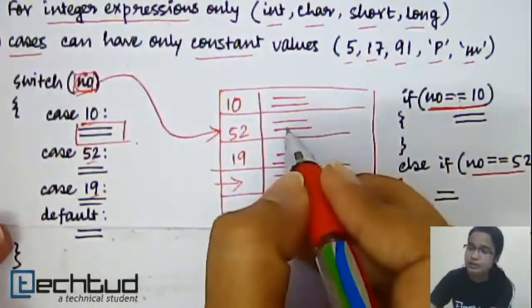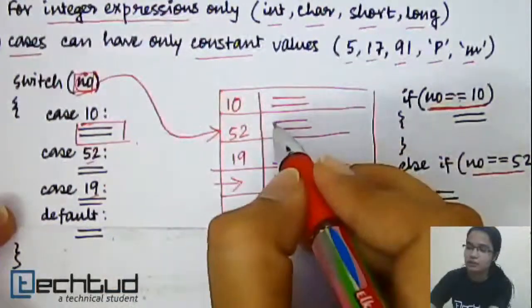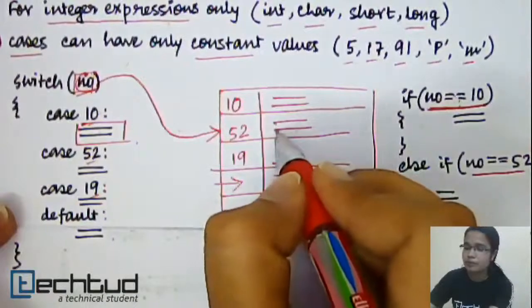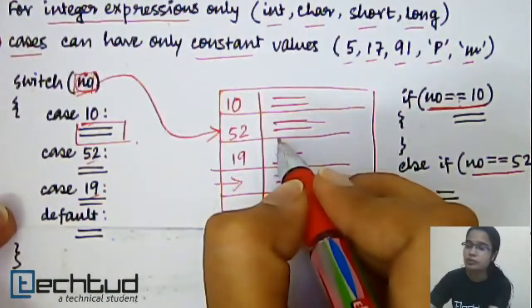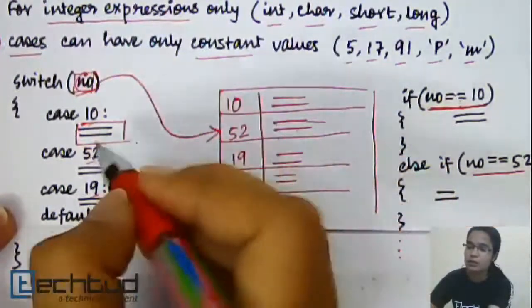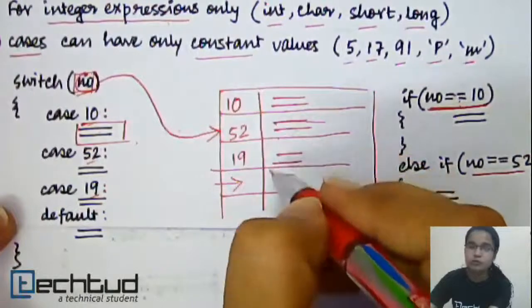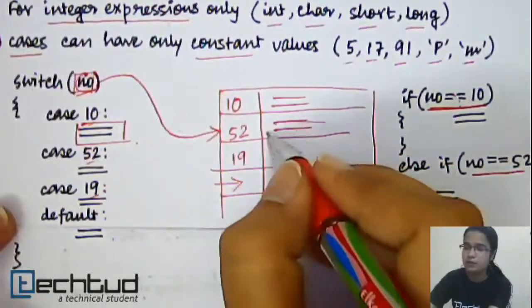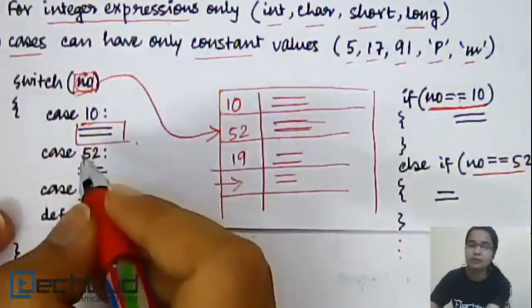For this same reason, as the control is going directly to this one, the statements will start executing from this line. And that is the same reason you need to write the break statement after each case block. Otherwise it will have a fall-through operation and all the statements after this block of statements will be executed. So you need to write break after every case block.